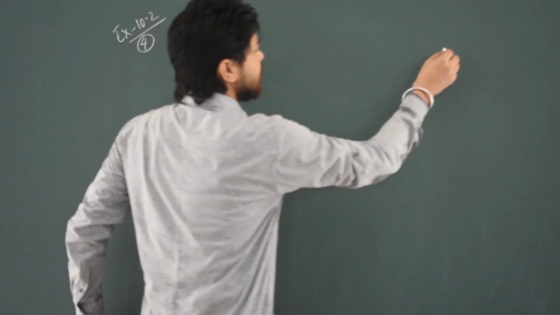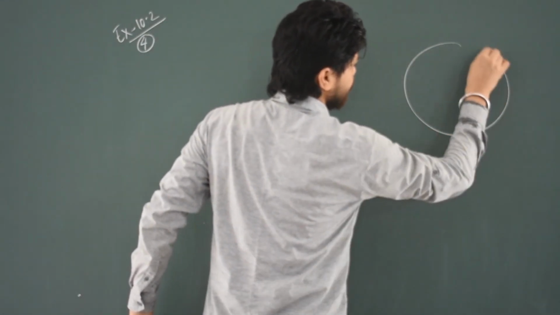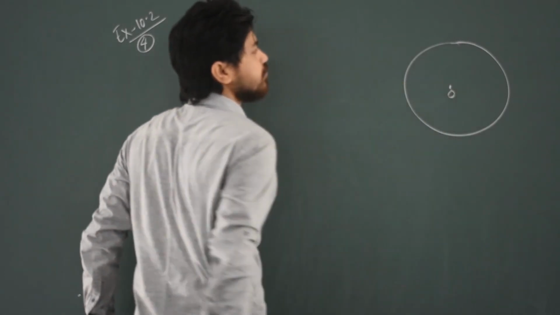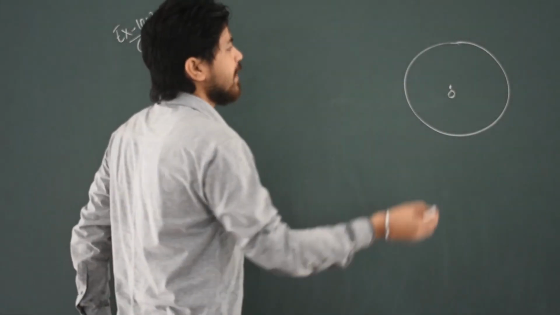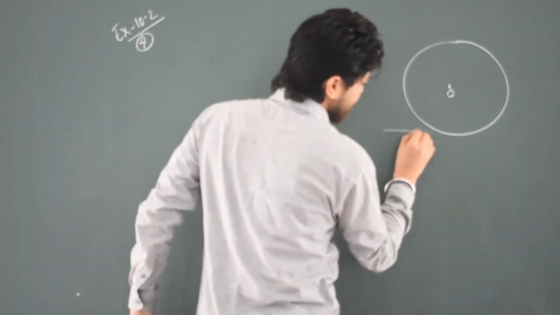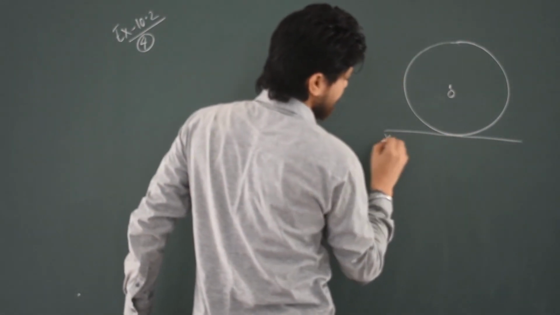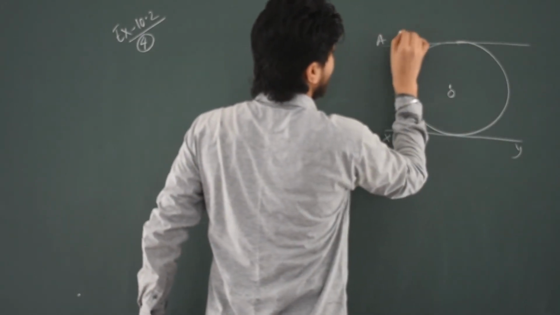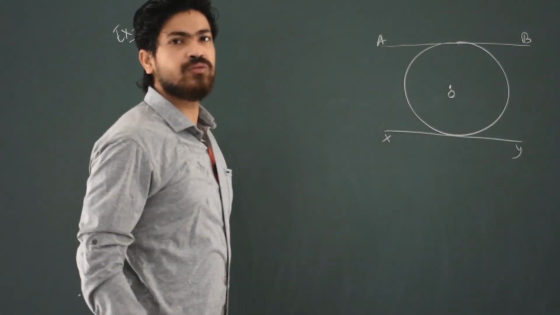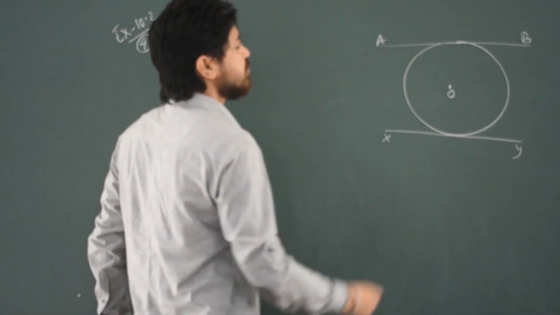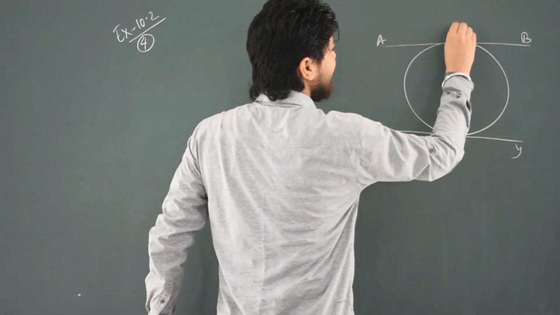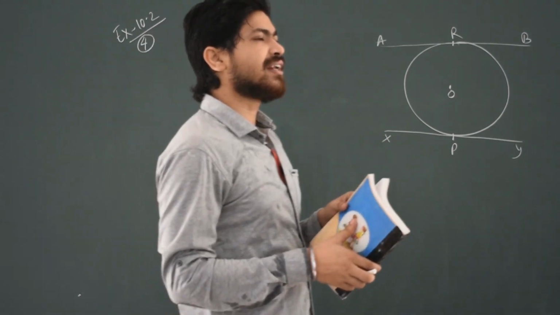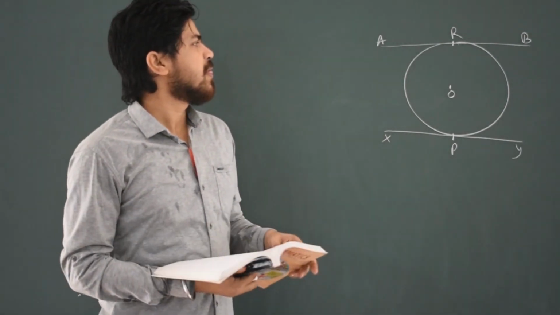So that means suppose this is the circle whose center is O, and these are the two tangents XY and AB. These are the two tangents. That means suppose the point of contact is R here, and it is P here. तो हमारे को ये दिखाना है, what we need to show is